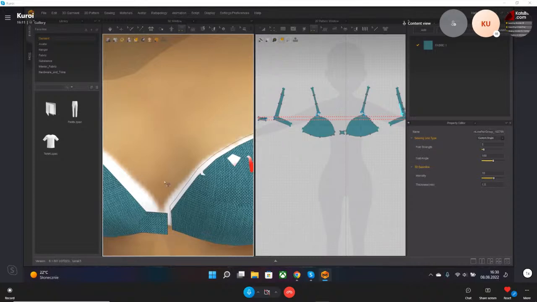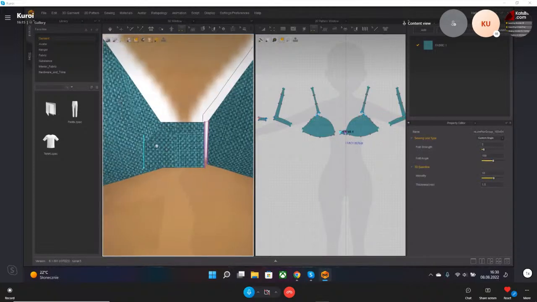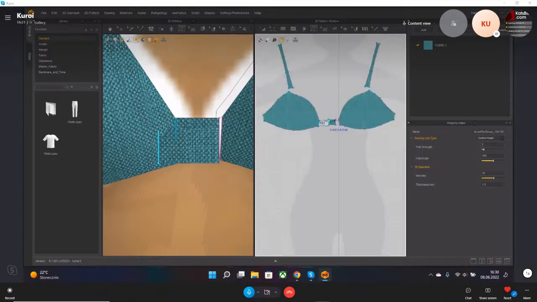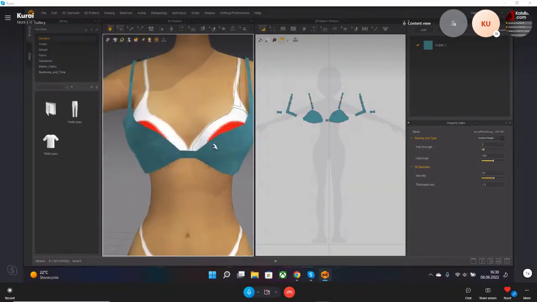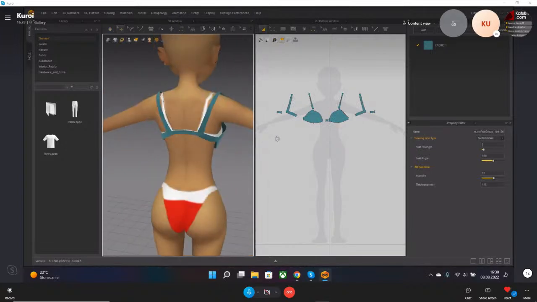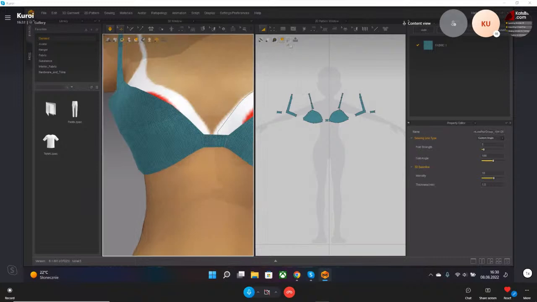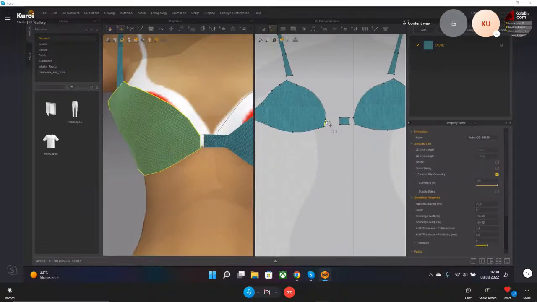And we have to sew it to this part, and then here. It's a bit messy here, so I will use my 2D view. Now you can try to simulate it. As you can see, it doesn't look that bad, but of course it's too big. So now you can manually adjust the size of the bra as you want. I think we don't need this element, this rectangle,